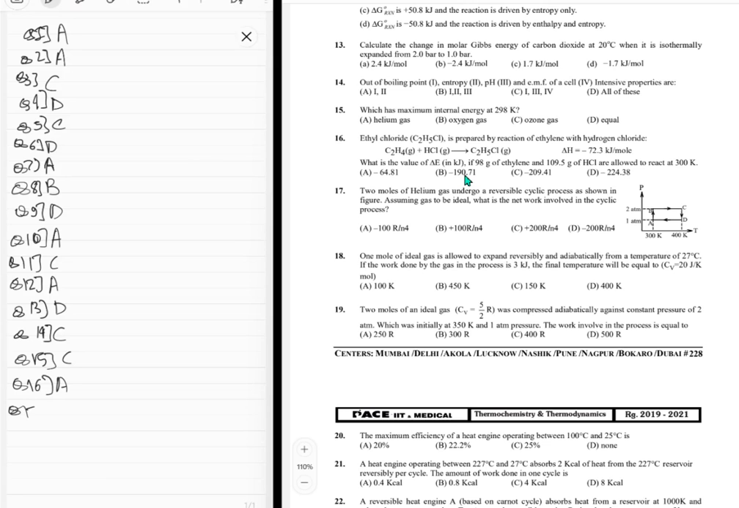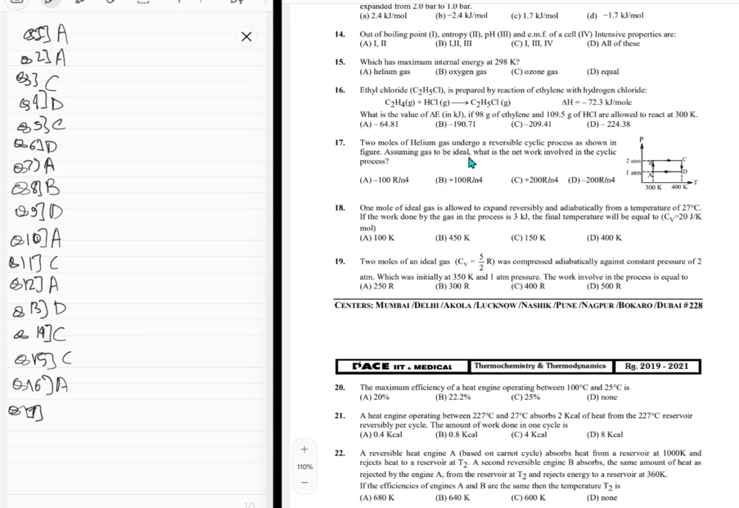Question number 17. Question 17 is: 2 moles of helium gas undergo a reversible cyclic process as shown in the figure. Assuming gas to be ideal, what is the net work involved in the cyclic process? So why is this reversible of one thing? I don't know. Okay. Assuming gas to be ideal, what is the net work involved in the cycle? So it's just the